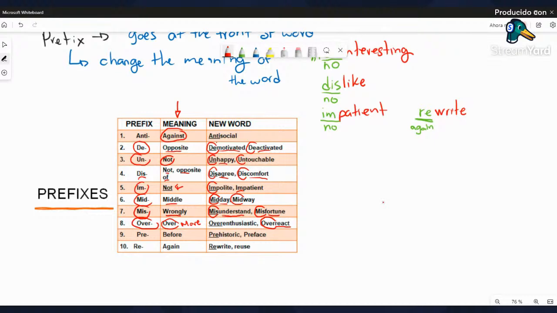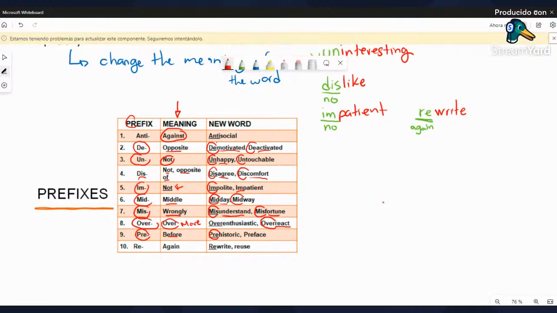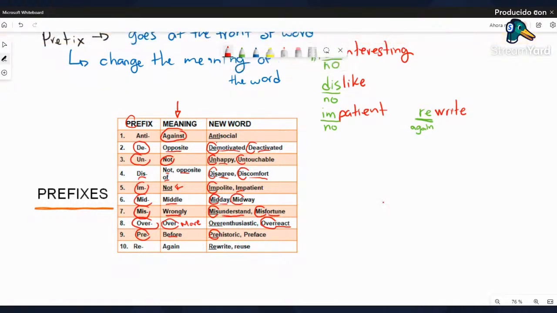Now we have here the number 9. It's pre. It's before something, like a prefix, right? Prefix. Yes, it's before the word. That's what pre means. For example, here, prehistoric. It's before the history, before we actually have an account